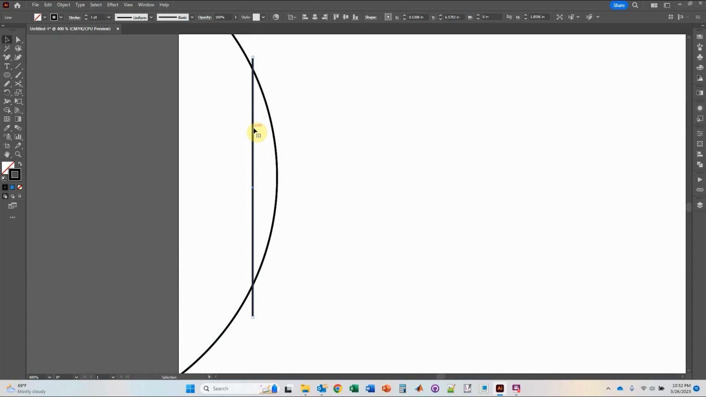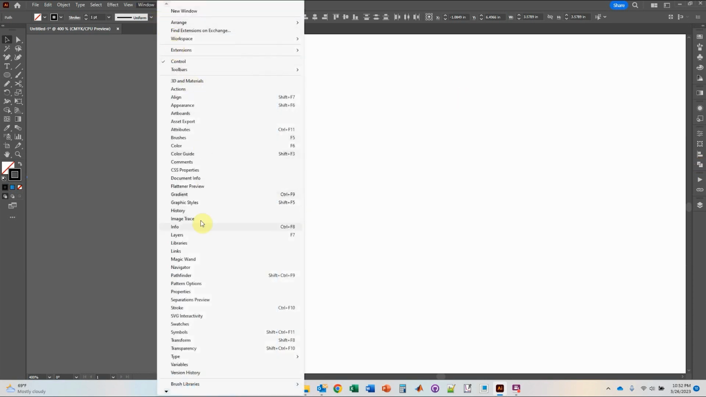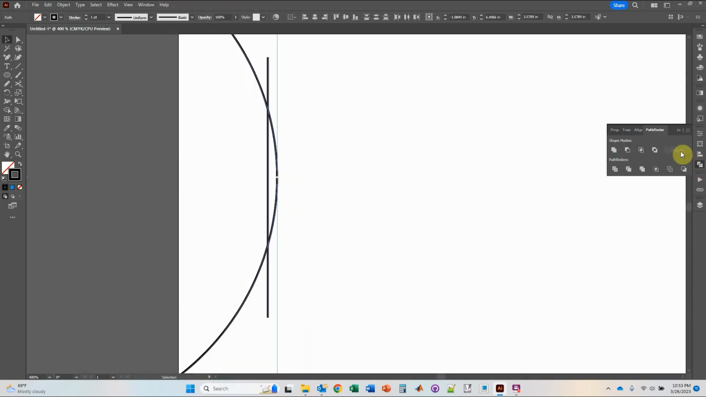It's not quite. So I'm just going to drag this line out. The further I drag this line out, the more flat that curve is going to be. So I'm going to select these two objects, go over here to Pathfinder. If you don't see that symbol, go up to Window and go down to Pathfinder, click it and drag it over. So I'm going to click on this Pathfinder,